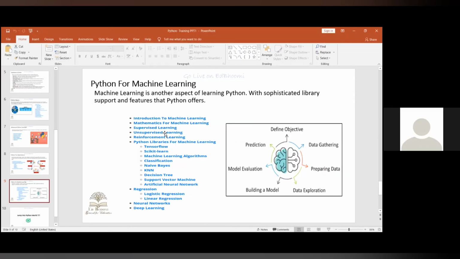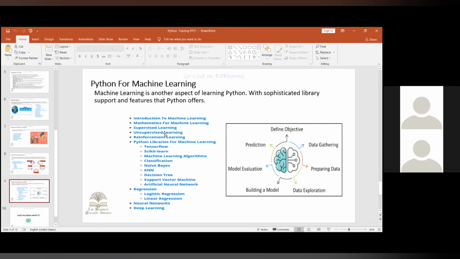For this build-up, obviously we need to go for Python basics first, and then we can go for machine learning programming. We can see how things work in machine learning: an introduction to machine learning concepts, then some basic mathematics like median, mode, or basic sine and cosine curves. Then the learning starts in terms of machines: supervised learning, unsupervised learning, reinforcement learning, and the libraries used for machine learning like TensorFlow, scikit-learn, machine learning algorithms, and classification. There are so many things available within machine learning, and we will definitely provide an introduction to neural networks as well as deep learning, a subset of machine learning.